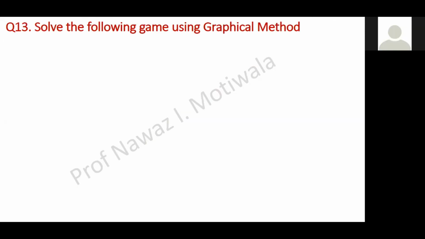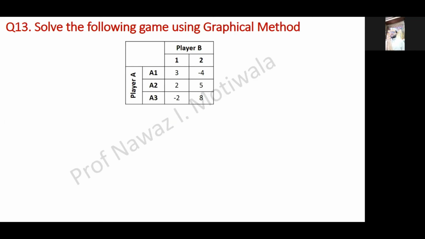Now any doubts? Now the last part or the last topic is solving the game using graphical method. Okay, so let us say this is the question given to you. Yes, there is a condition for graphical method. The condition to solve the game by graphical method is it should be either n by 2 matrix or it should be m by 2 matrix. It simply means it should have either 2 rows or it should have 2 columns. Anyone will do. Any one of the row or column should be 2 in number. Rest can be any number.